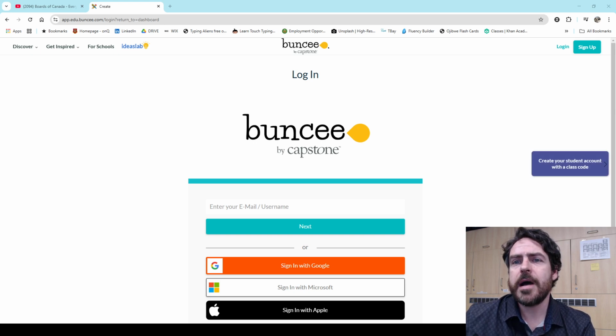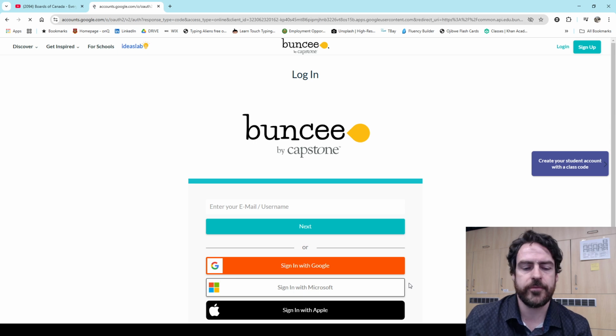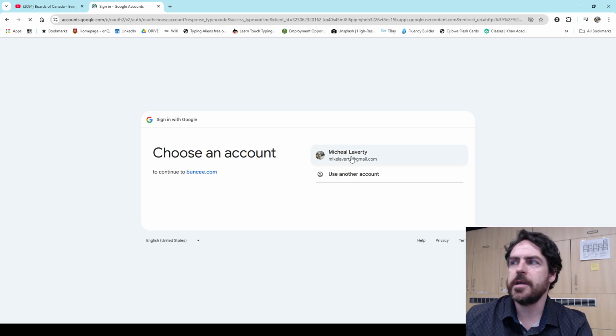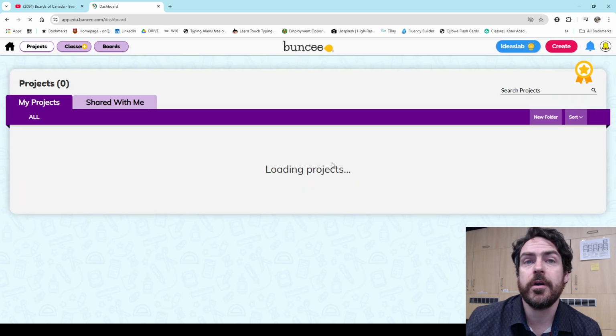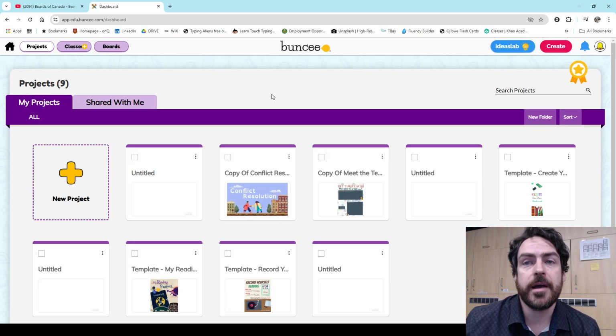So you do have to have an account to use it. I went ahead and set up the free trial. So this is an actual free trial, which is great. It doesn't require a credit card number. You can set up a free account and you don't need to put your credit card number in. You can just simply start using the software to determine if it's something that you'd want to use in your